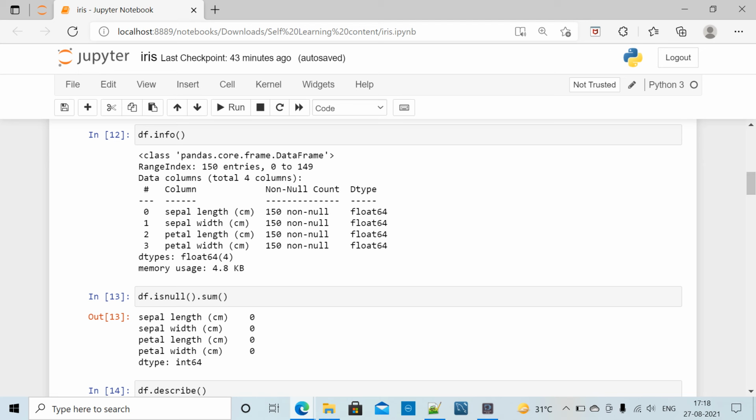And there are 150 entries, that is there are 150 rows of data from 0 to 149. In total 4 columns that we have already seen.